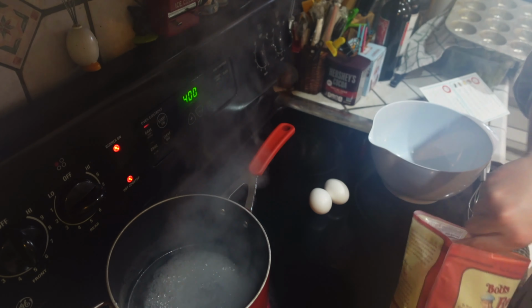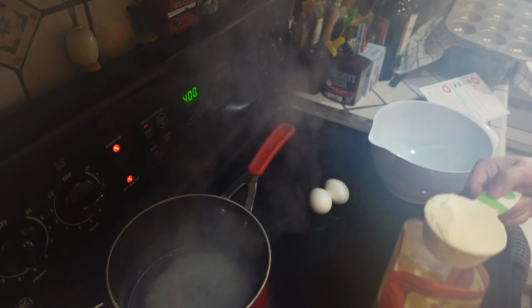Ooh, steamy. Okay, so we're going to add half a cup of flour. You can use regular flour. We're using a gluten-free blend. And once you've thrown that into the water, you're going to stir with a rubber spatula until a thick paste